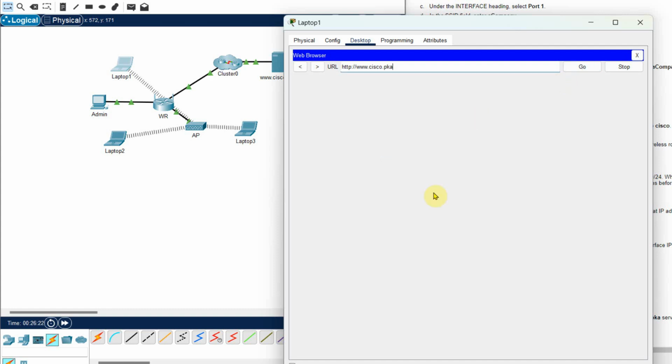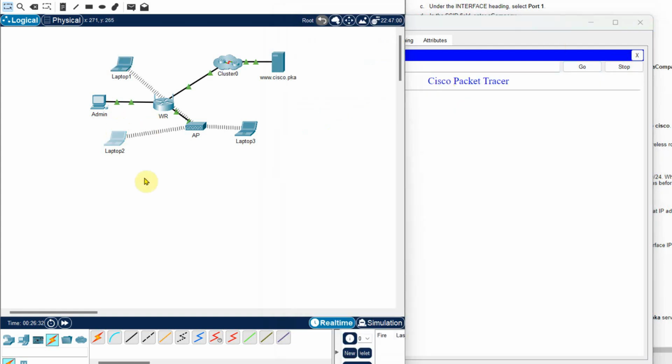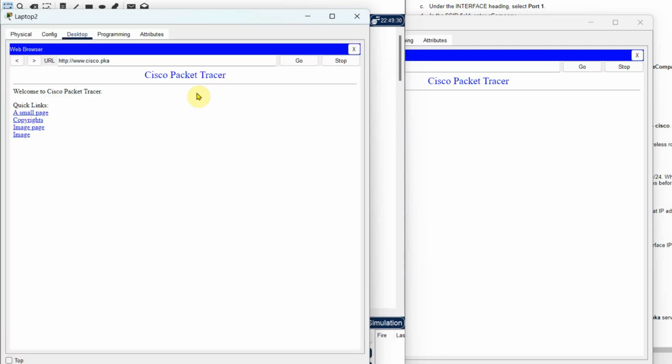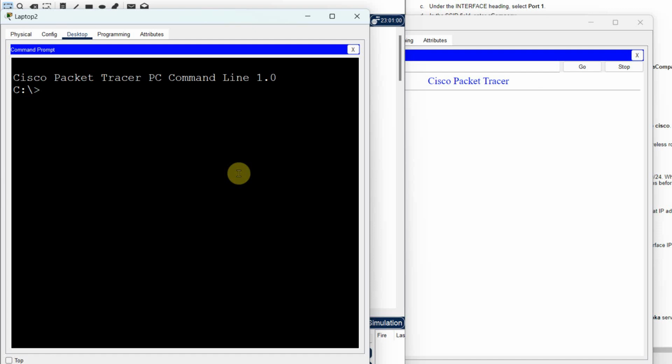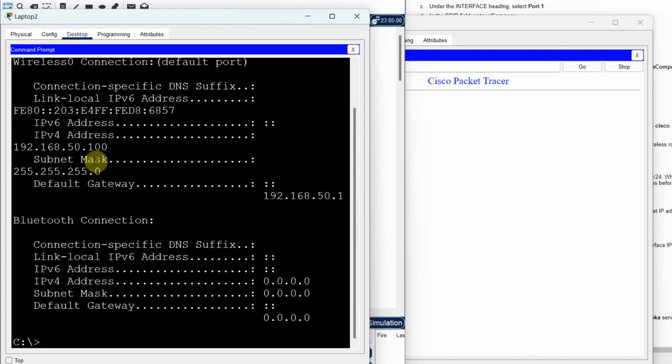You need to perform all these tasks, then and only then you will get the full mark. Otherwise your mark will be cut down. So here the connection is proper. Now I will go to laptop 2. Here again I will check the IP addresses. Go to the command prompt. Find the new IP address. So here it is